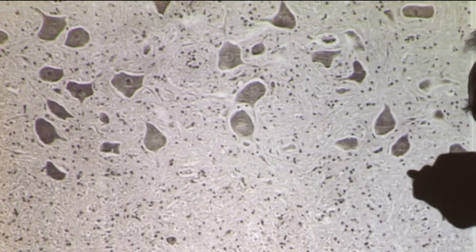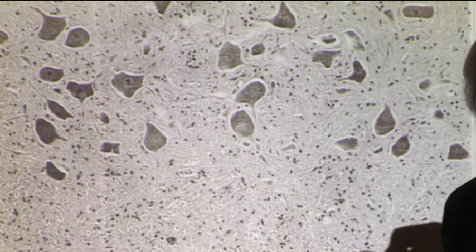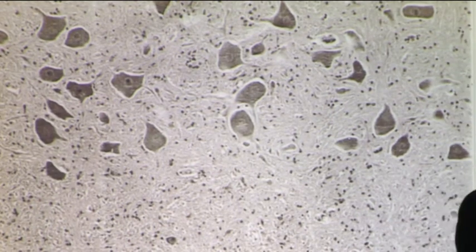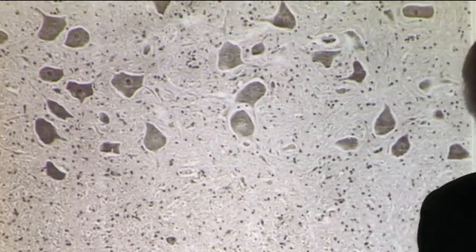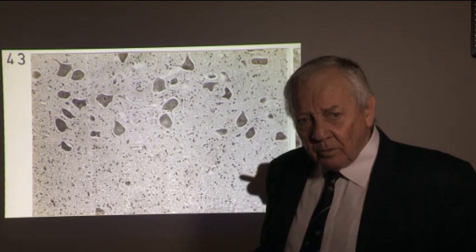Here the neurons that are present, the perikaryones, are fundamentally normal. In some cases there might be some chromatolysis. There's perhaps a suggestion of diffuse gliosis, but in general one would consider this to be normal. But this is not true. It's not normal. And we'll see here soon